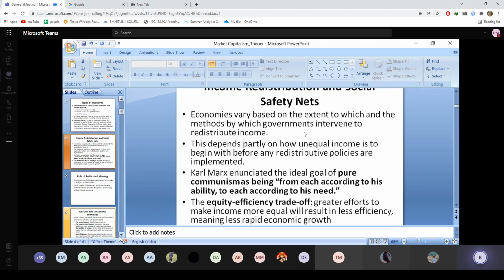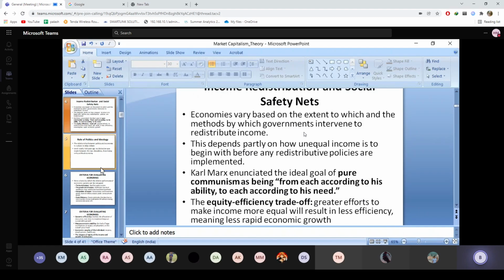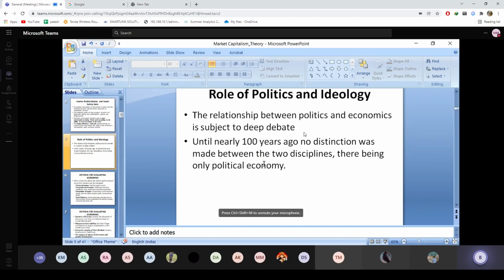Okay, and so the last segment is about the role of politics. Now here again, the relationship between politics and economics has been a subject of deep debate,